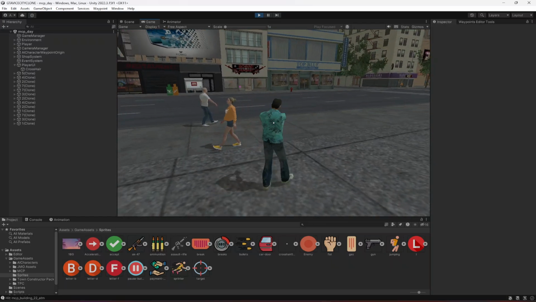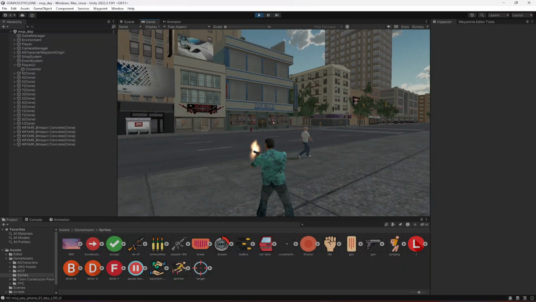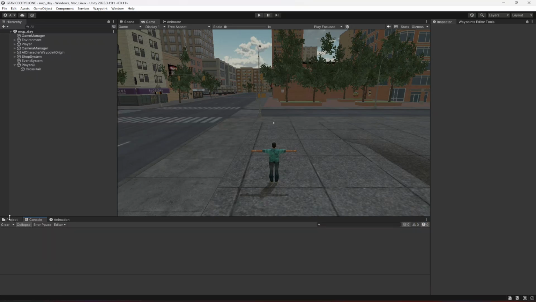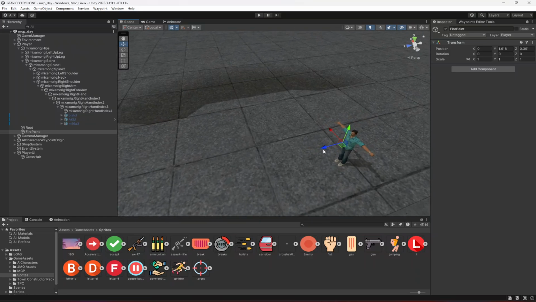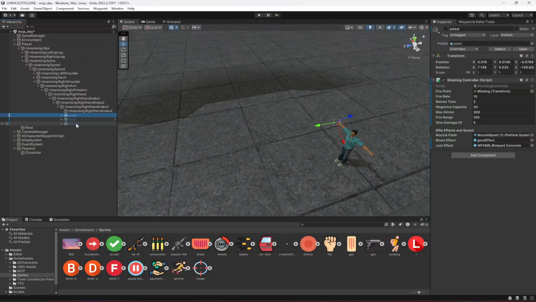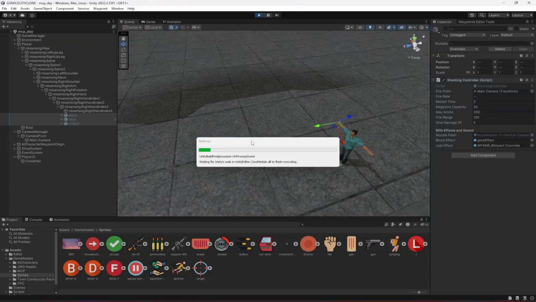with the character. Now if we, for example, shoot, if we move our camera there, as you can see, our rifle is still shooting in the forward direction. So now what we're gonna do in order to fix this is, if we click on the player and then the rifles, actually first click on the fire point. As you can see, the fire point is right here. Okay, so we're gonna delete this fire point now, and in all of the rifles we're gonna drag and drop our camera. Okay, so wherever our camera is looking, we will shoot in that direction. Okay, so in the fire point, add the main camera, and then when you add the main camera,